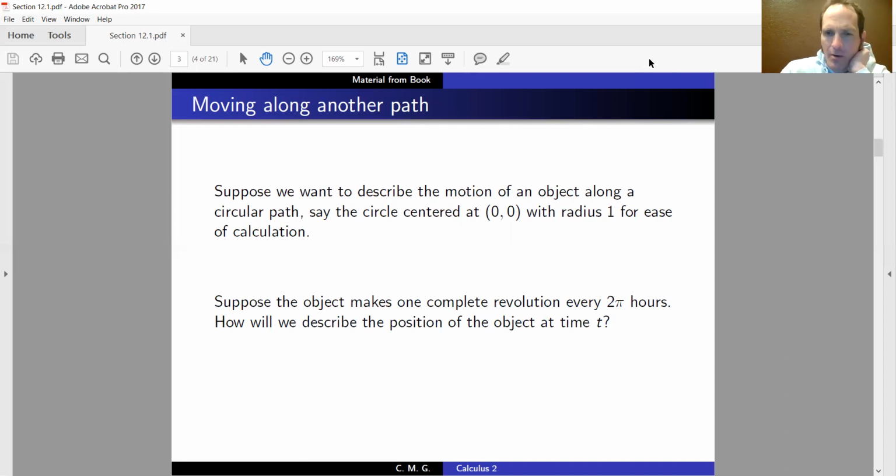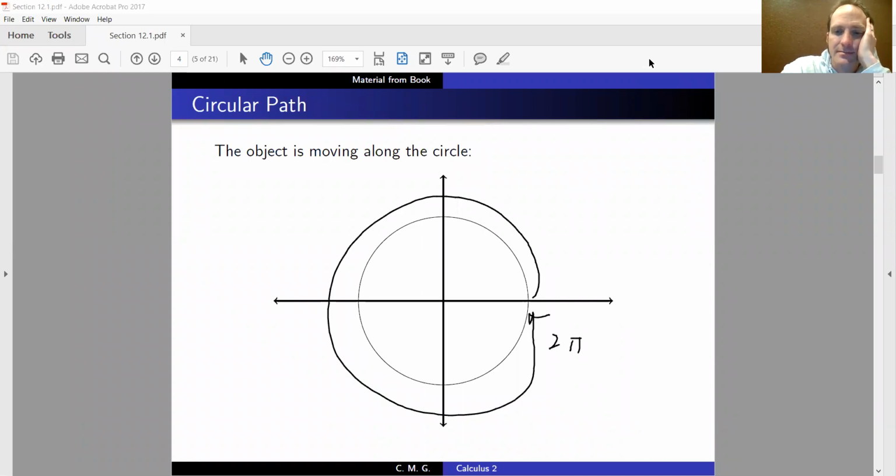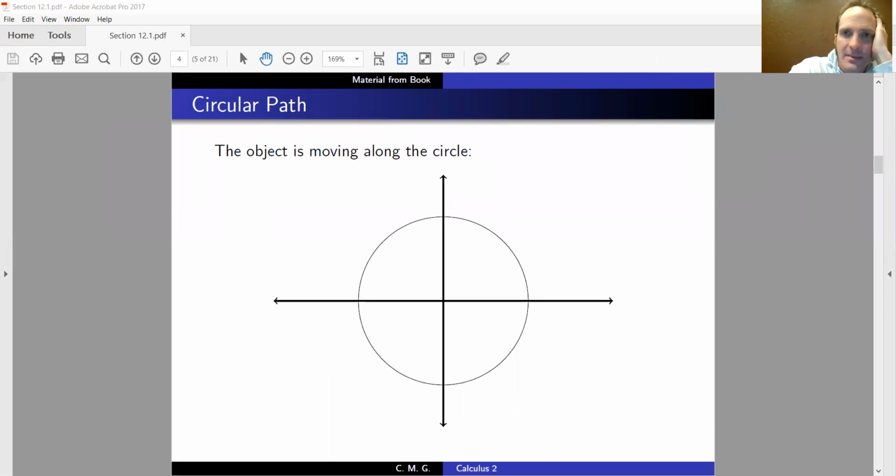Okay. So how are we going to describe the position of that object at any given time? You can see why that 2 pi is going to be important. One full revolution happens in 2 pi hours. So in pi hours, I've made half a revolution. In pi over 2 hours, I've made a quarter of a revolution, and so on. So you can see that the angle made with the axis, the theta here, is going to be the position. It's going to be how much time has elapsed in hours. So after theta hours,